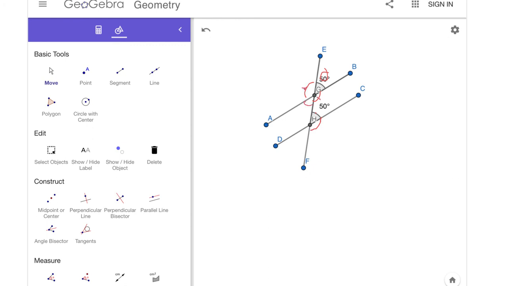This angle plus this angle should give you 180. That angle and that angle, 180. And that angle and this angle should be 180. Okay? So go ahead and use that to help you out